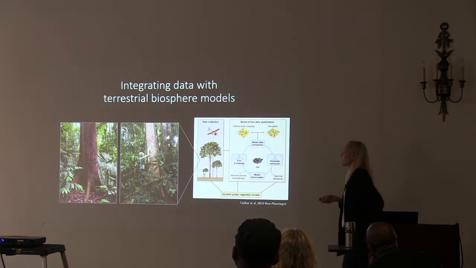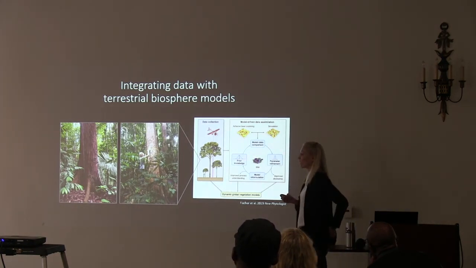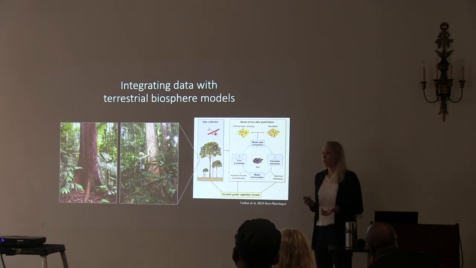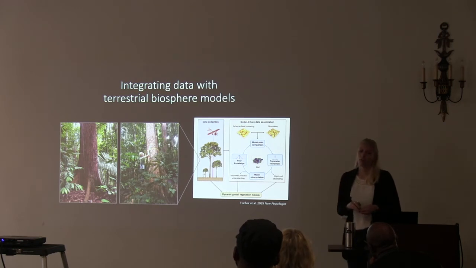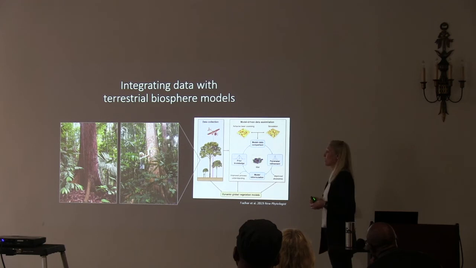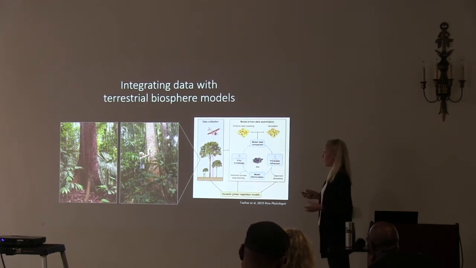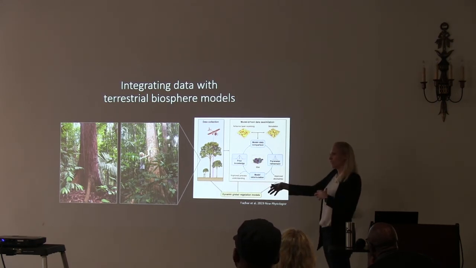Traditionally, these models are informed and parameterized with field data that's collected across plots. And in the tropics, there's a growing network of plots that are now being synthesized through plot networks that have been hugely informative, including in our ability to inform these models. These data are also used to benchmark how well these models are doing. Are they representing these systems accurately?